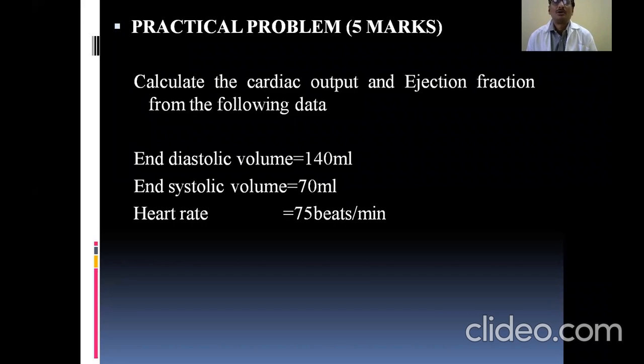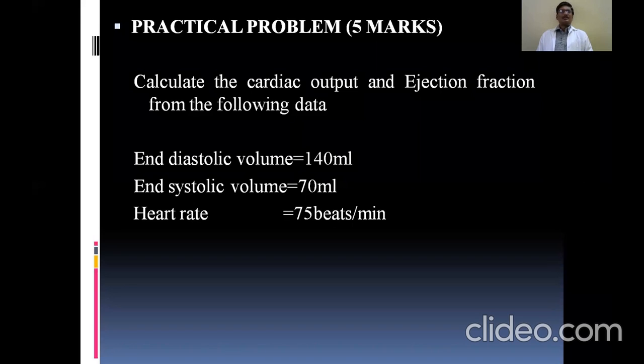What to understand by stroke volume? So during the diastolic phase of the cardiac cycle, the ventricles will get filled with blood, with maximum blood. So before the onset of systole, at the end of diastole, the ventricles are filled with maximum blood. That volume we call the end diastolic volume, which acts as the preload for the heart. Preload is nothing but the load acting on the heart prior to its contraction, that's nothing but the end diastolic volume and resultant fiber length.